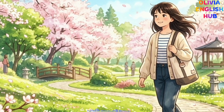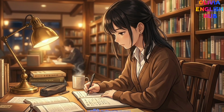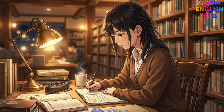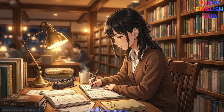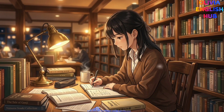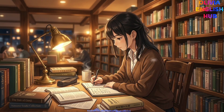But here's the good news. Native speakers don't do that. When a native speaker hears English, they hear it and respond directly in English. No translation, no middle step. Just hear, think, speak. The formula we want to build is simple. English in, English out. No translation in the middle. That's what we mean by training your brain to speak in English. Think of it like a new road in your brain. Right now, the road goes through your first language. We want to build a direct road, straight from...